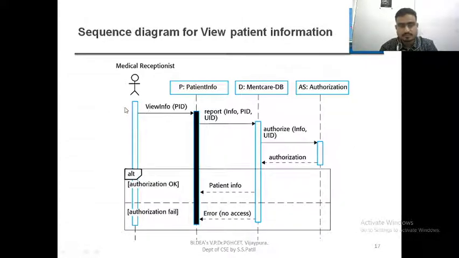A patient comes, register, take the report, and whatever is happening with that patient, report it to the authorization. Once authorization is done, the patient is ready to get admitted. Access the patient information, authorize it, the patient is going to be admitted. If something goes wrong, ignore or neglect it. Understood the sequence diagram? Yes, sir.